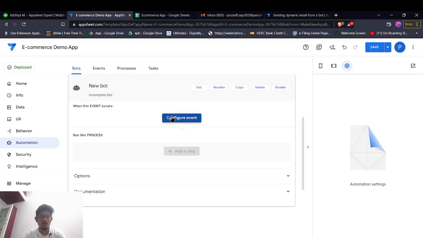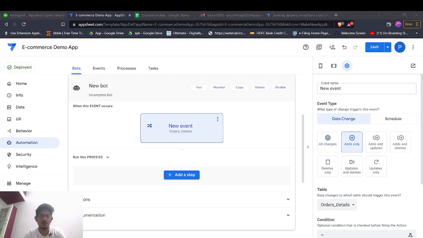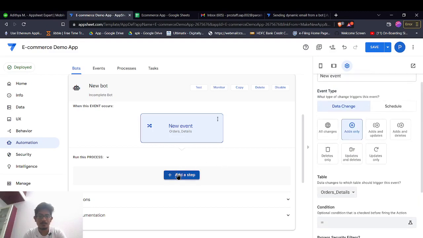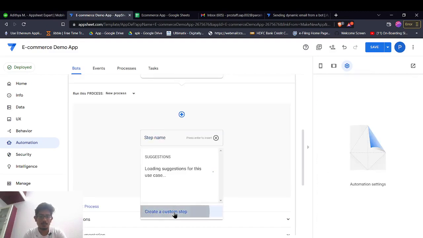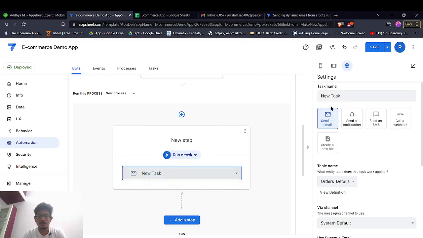custom bot. I'm configuring the event. So the event, which table is order details. Okay, so in this table, if you are adding any new row, then we're going to trigger a dynamic email. So once we add it here, then a step, custom step, and run a task, create a new task, send an email,